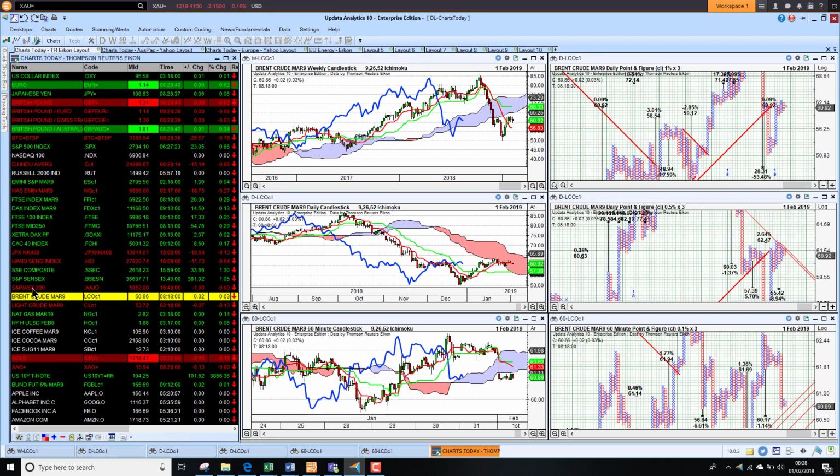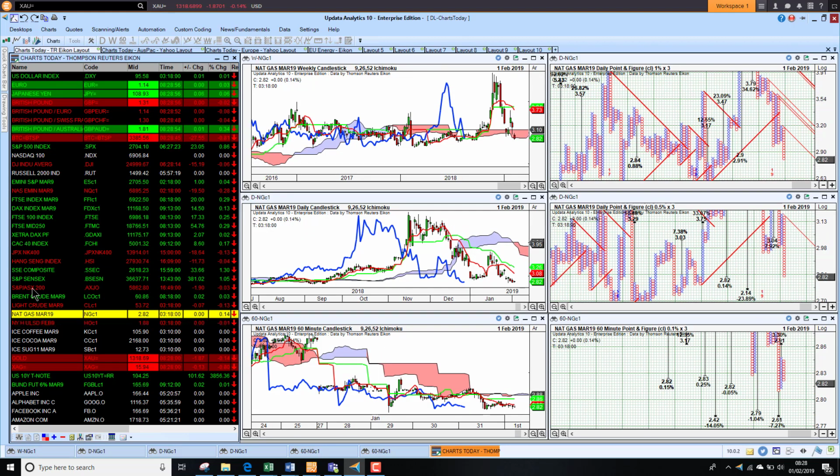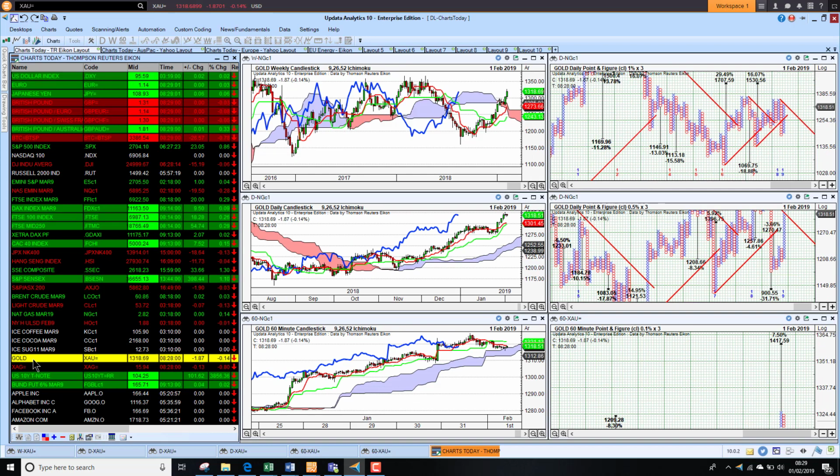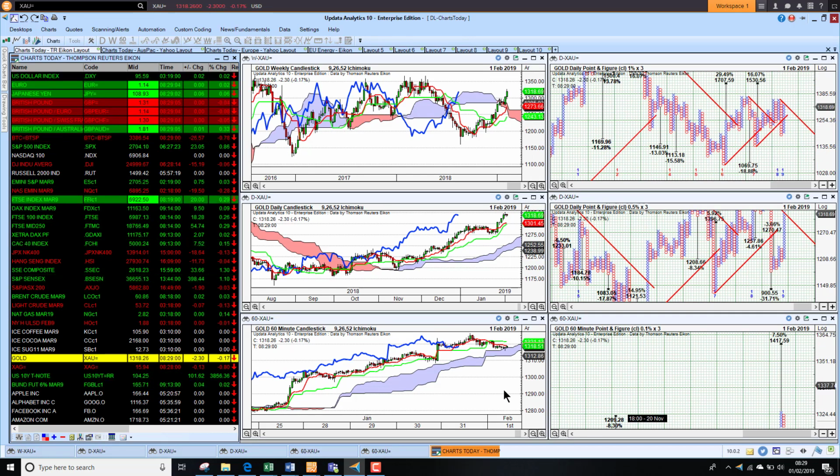The Australian market was flat, really hasn't participated in the rise this week, and Brent crude sitting at $60.86, just hovering around the 60-61 level, so no real change there. WTI sitting flat at around $53, $54 as well. So crude oil, nat gas actually sitting at $2.82. Looking at gold, we were in the high 1320s at one stage yesterday. We've got this new upside target of 1417 on the 60-minute chart.